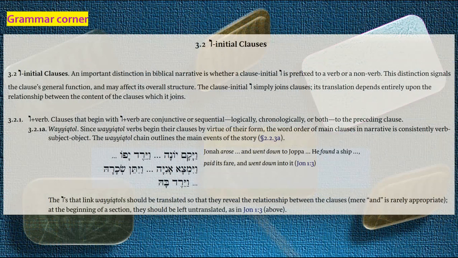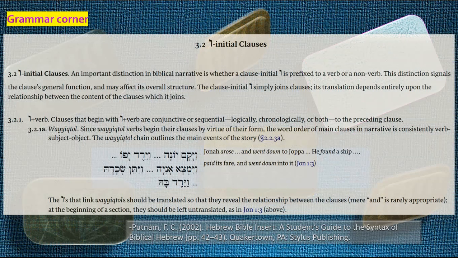So I want to start with something new I'm trying here. Why did that go sideways? Oh, it just didn't finish animating. Okay. I'm going to have this grammar corner. So we'll see. This is an experiment. I don't promise to do this, bli neder, huh? But I'd like to have a little bit of a grammar nugget every time, something that, if you're advanced in Hebrew, you might not have ever known before. Maybe it'll nail something down. Or if you're even beginning in Hebrew, something that can be helpful to you, either now